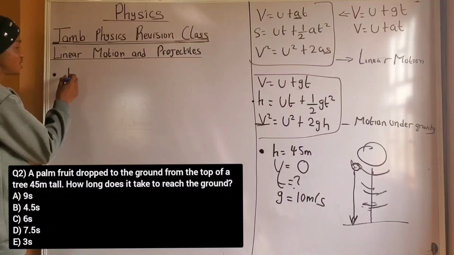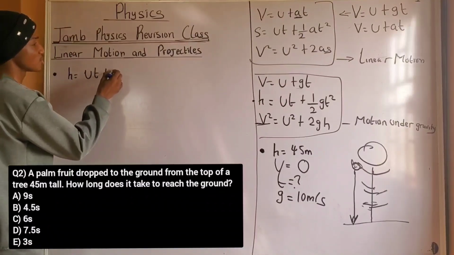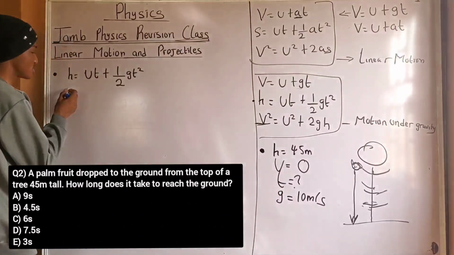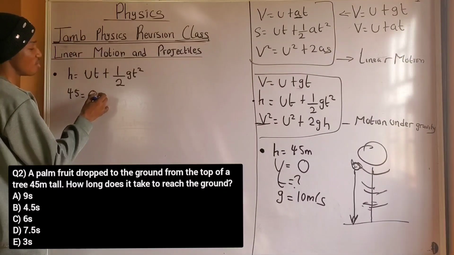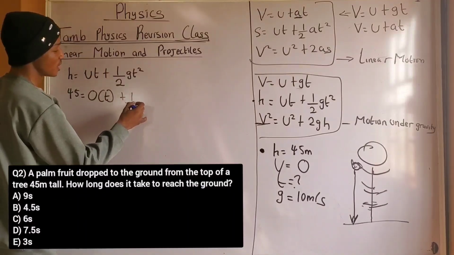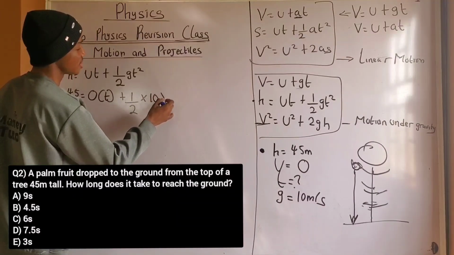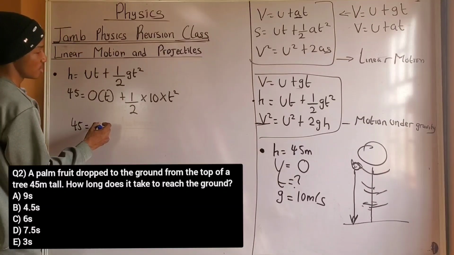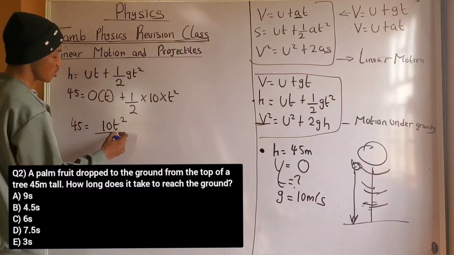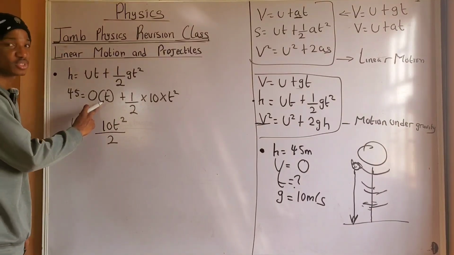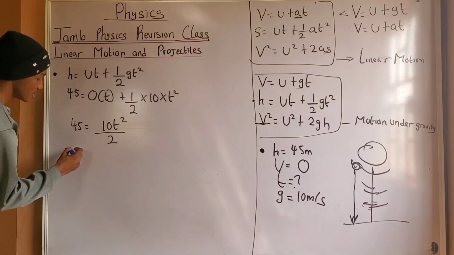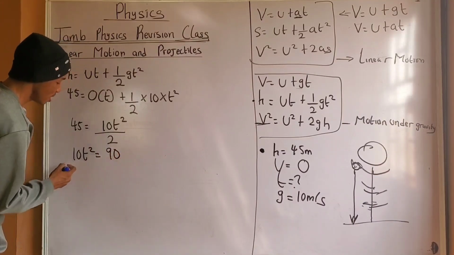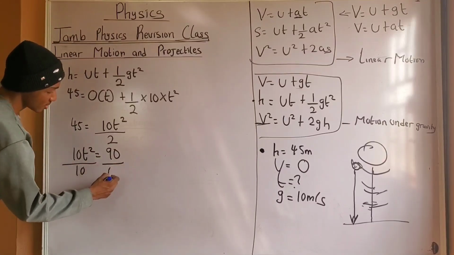So I'm going to have h equals ut plus half gt squared. h has been given as 45 meters, so 45 equals 0 multiplied by time plus 1 over 2 multiplied by 10 multiplied by t squared. So 45 equals 10t squared all over 2, because 0 times t gives 0. So 10t squared equals 45 times 2, which is 90. Dividing both sides by 10,